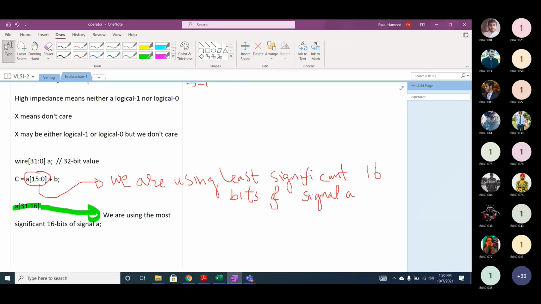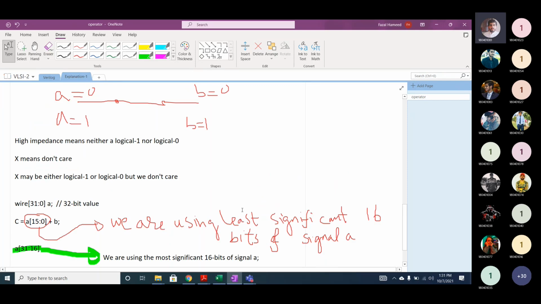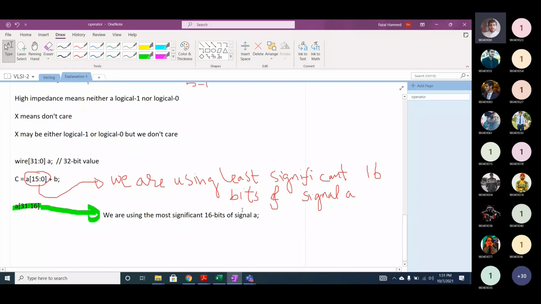So this is called part select. Anybody, what is a part select? You can use any part of the signal. It may not be the most significant part. It can even be the middle part. We can also use something like A[24:...].